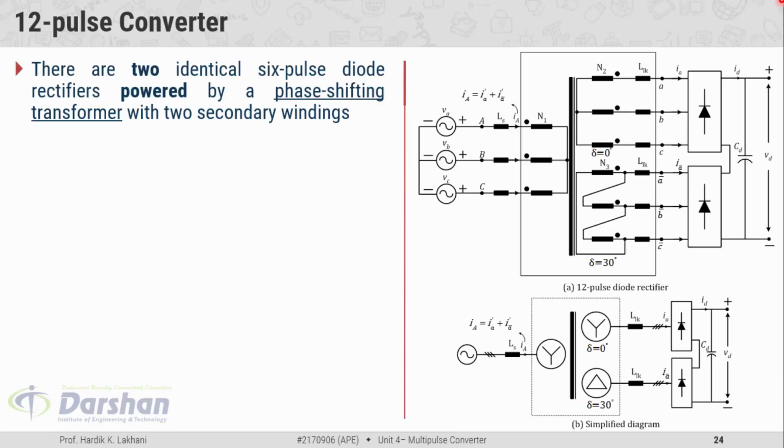So you can see that in the 12 pulse converter we require 2 units of 6 pulse diode rectifiers. The first unit of 6 pulse diode rectifier, which is also known as a 3-phase rectifier, and this is the second unit of 6 pulse diode based rectifier. On the DC side, these 2 units are connected in series. So this 12 pulse converter is the series type multipulse converter.